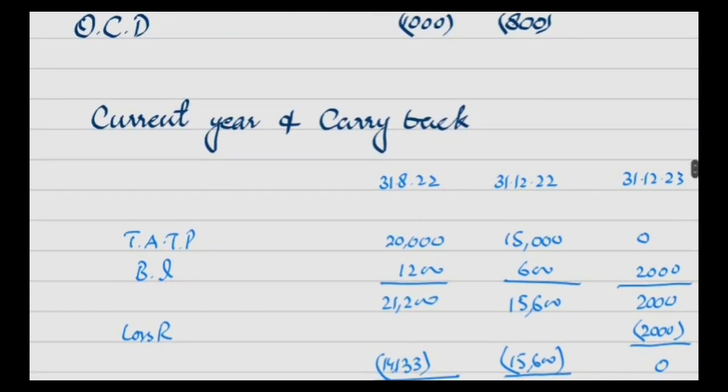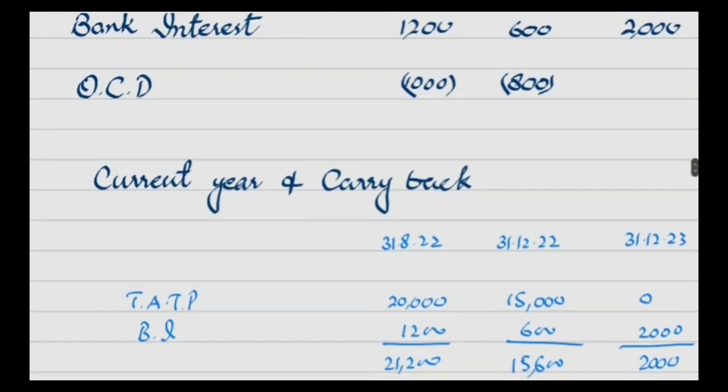That the previous accounting period in which we have to set off loss is not of 12-month period, it is of only 4-month period, and as per rule allow us to set off loss by carrying back it for the period of 12 months, not for the 4 months. So as we have set off loss for the 4-month period, remaining 8 months available to